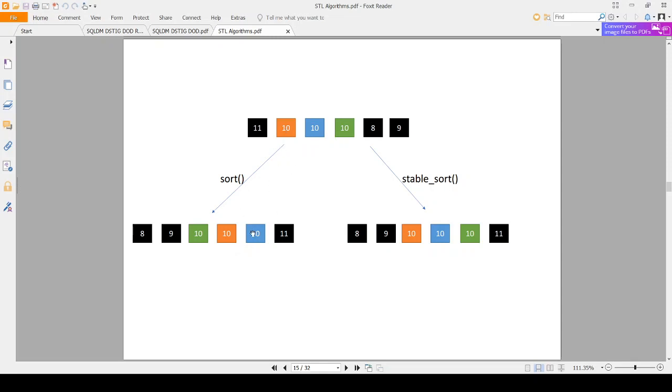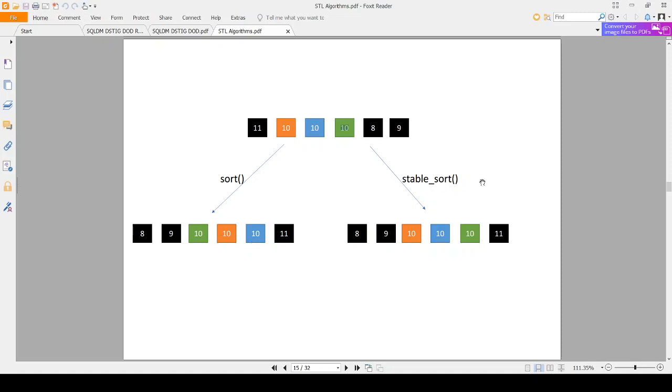For example, here we see when the sort is applied, the 10 that was existing at this location previously in the unsorted collection has moved further. Their relative order is not there: orange, blue, green became green, orange, blue, not preserved.